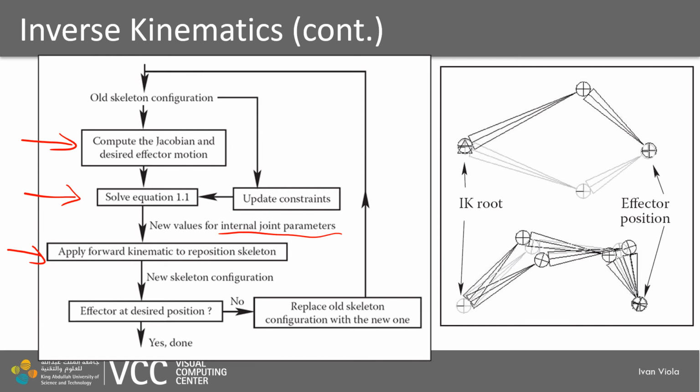Afterwards, we already know what the rotation should be, and then we apply the forward kinematics so that we reposition these joints to the new locations. And if we are satisfied with the location, then we stop, because we say we have reached the position. And if we are not satisfied, then we perform one more iteration and try to get closer to our desired